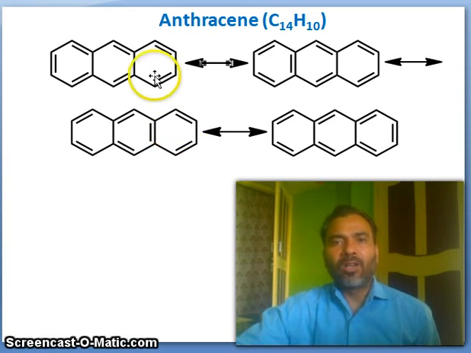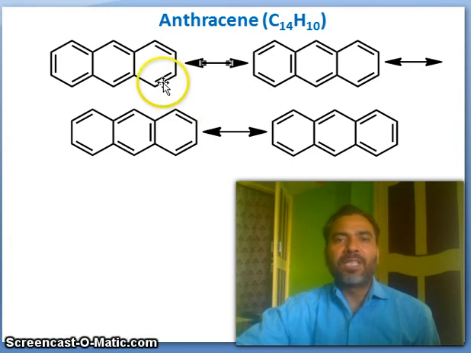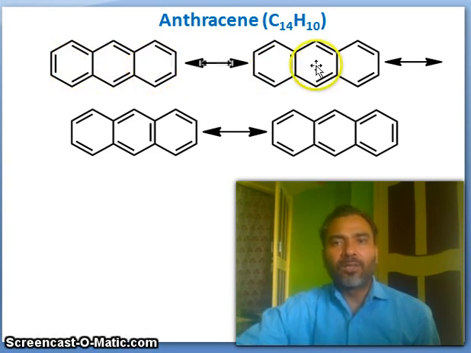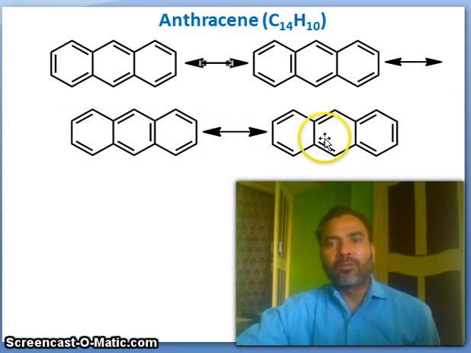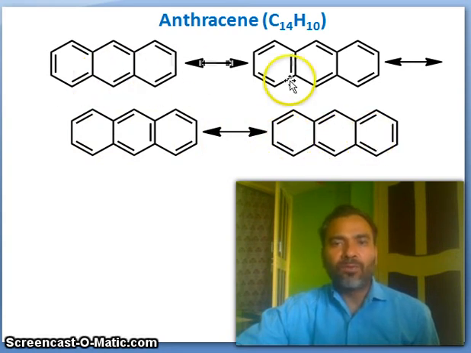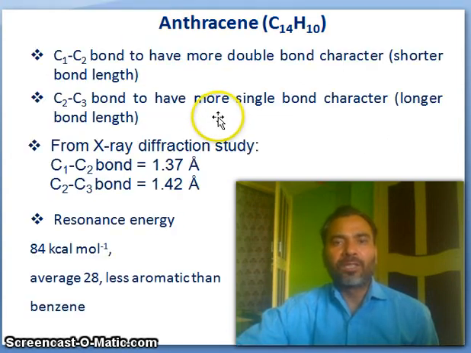Do you know if all 4 structures are the same? No. What is the difference here? The difference is benzenoid and quinonoid rings. Because you see, in this structure there is 1 benzenoid and 2 quinonoid rings. In this structure, 2 benzenoid, 1 quinonoid. In this structure, 2 benzenoid, 1 quinonoid. And this is also 2 quinonoid, 1 benzenoid structure. So these 4 structures are not the same. The only difference is the arrangement of double bonds.